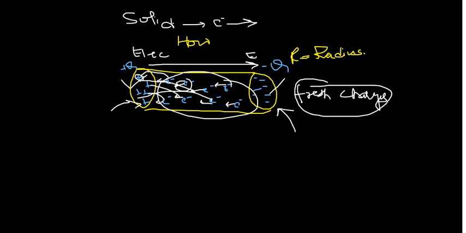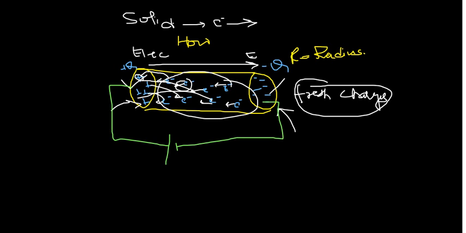Then what is the mechanism that will provide us the fresh charge? That is nothing but a very interesting electrical equipment, the battery. A battery is an instrument which provides fresh charge continuously across the ends of the conductor and gives us the necessary steady current. This is how we can understand how to get the current.